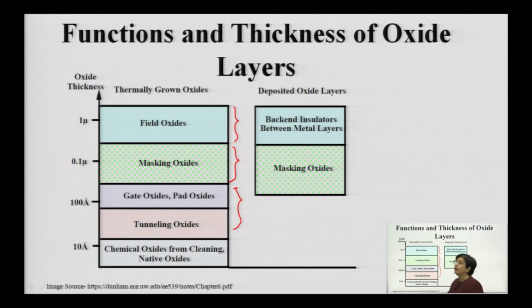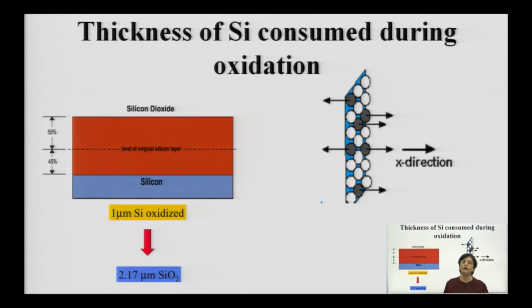So, you have different applications ranging from very thin films of oxide to comparatively thick films of oxide, and therefore the kinetics and importance of oxide have to be studied, and that is why the significance of silicon dioxide is prominent in the IC industry. Now, how this silicon dioxide is grown is also one of the topics.